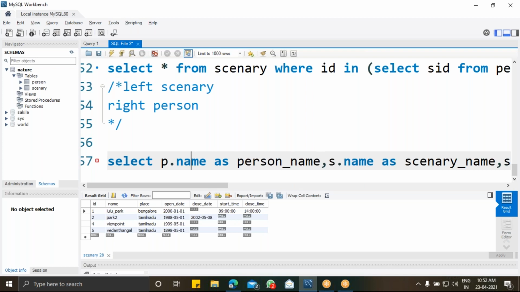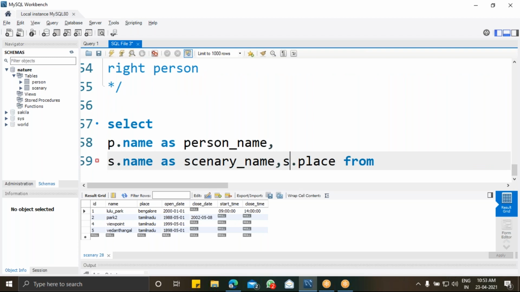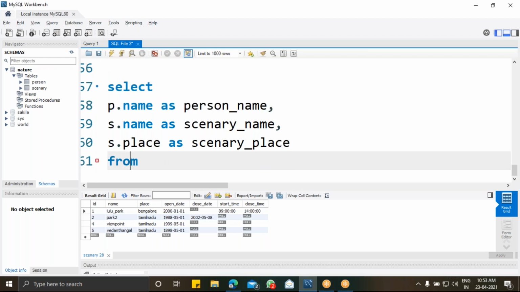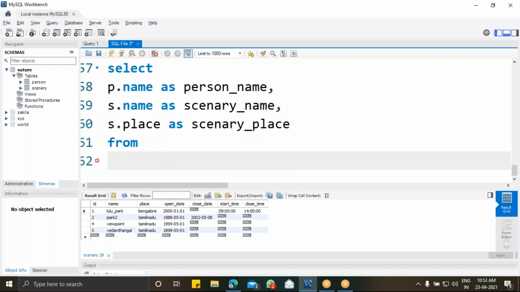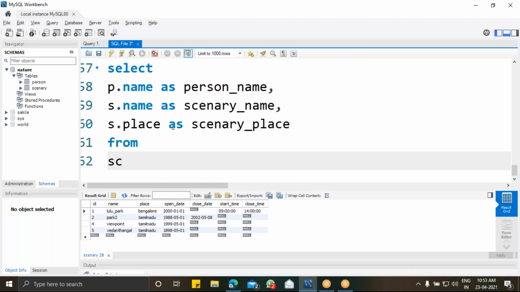I'm just keeping it as a single row so that it will not affect this. AS scenery_place. So from where am I going to take it? From the scenery table, because the left table is going to be scenery. So from scenery